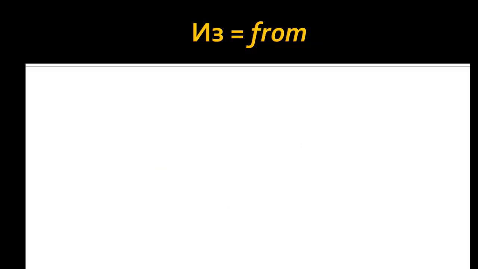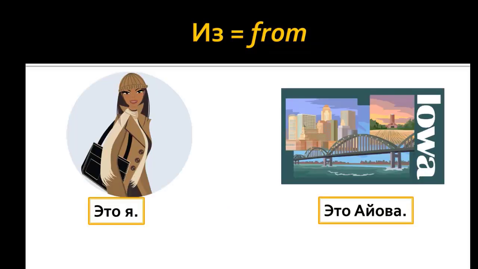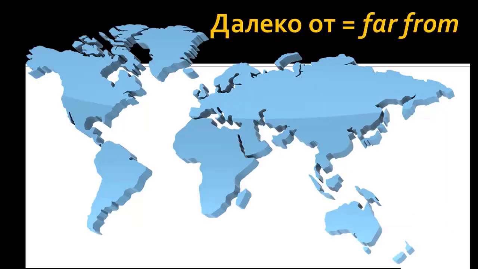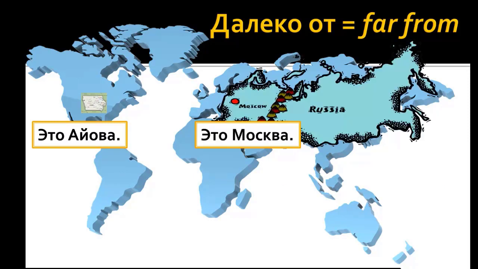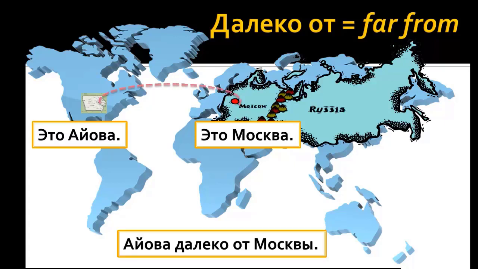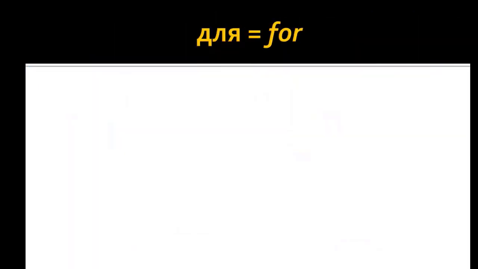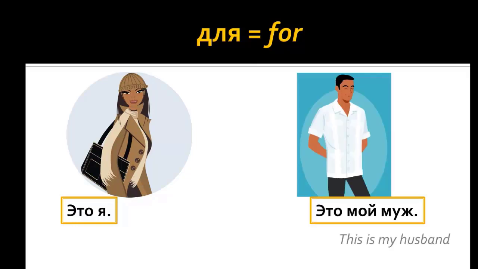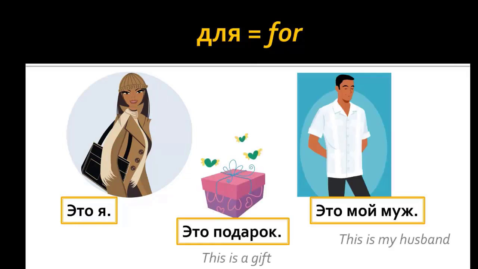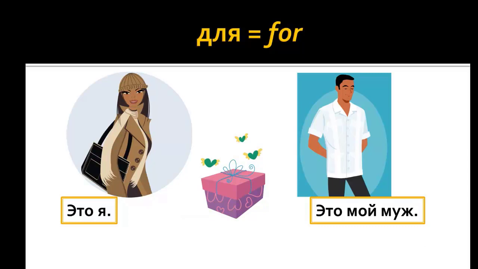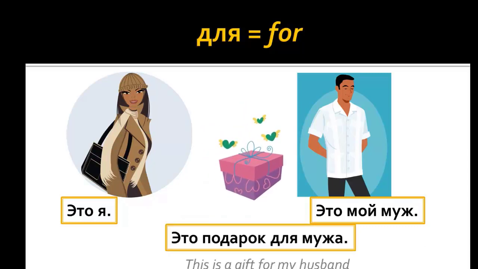The preposition из. «Это я. Это Айова. Я из Айовы.» Далеко от. «Это Айова. Это Москва. Айова далеко от Москвы.» Для. «Это я. Это мой муж. Это подарок. Это подарок для мужа.»